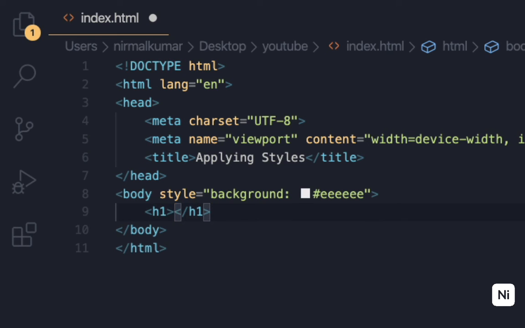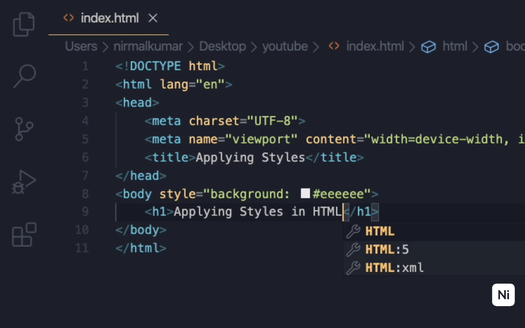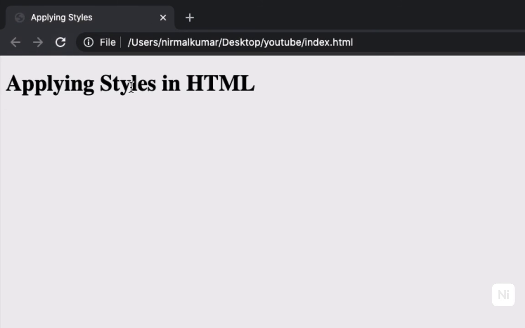Okay, let's give the text as applying styles in HTML. Save the file. See, okay. Now I am going to change the color of this text.